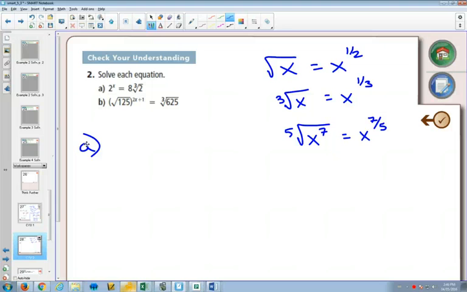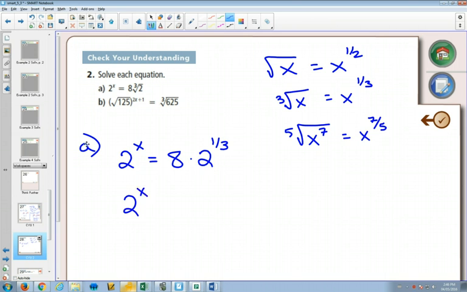First of all, we're going to just take the time to change all of our square roots and cube roots to exponents. So I'll rewrite 2 to the x equals 8 times, and this cube root will become 2 to the 1/3. Now looking at our numbers here, can we write everything with the same base? Yes, because you can change 8 to be,